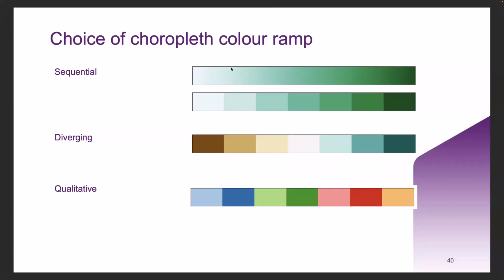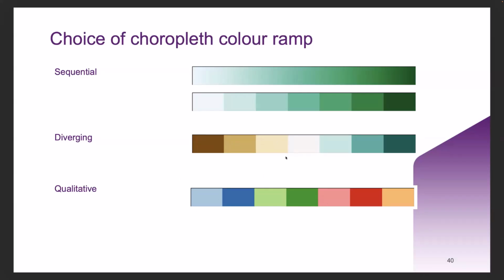Sequential is what you normally use for chlorophyll maps, so that's from light to dark. So you have a green sequential colour map from light green to dark green. Diverging would be a case where it might be data around a mean or around 0. So you might have minus values to the left and plus values to the right, so increasing plus to green, to light to dark green, diverging sort of light brown to dark brown,